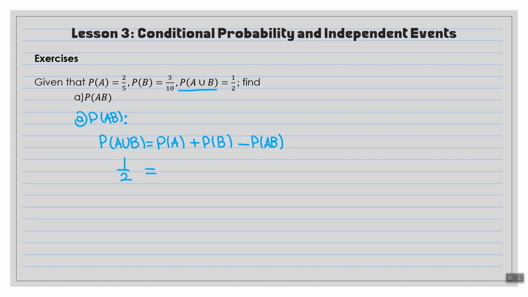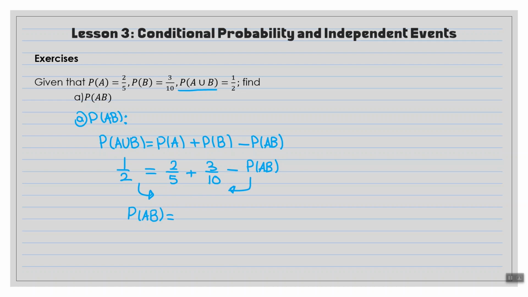The probability of A is also given, it is 2 over 5, plus the probability of B is 3 over 10. So all of these are given, and the probability of AB is required. Since it's negative, I will transpose it to this side, and I'll transpose the half to this side. So I will get that the probability of AB is equal to